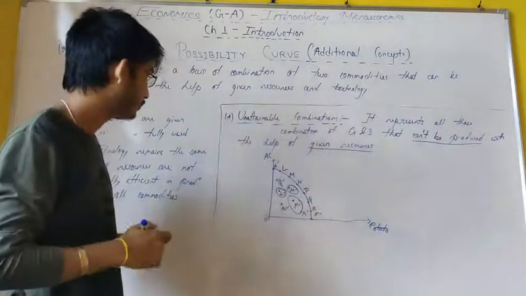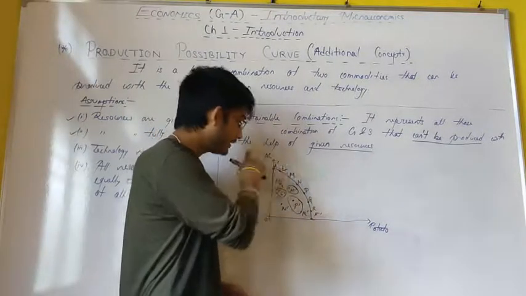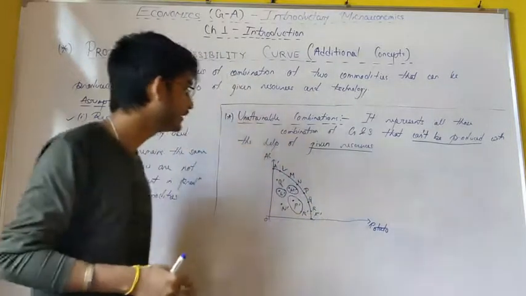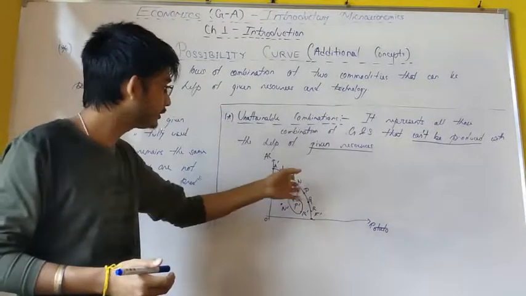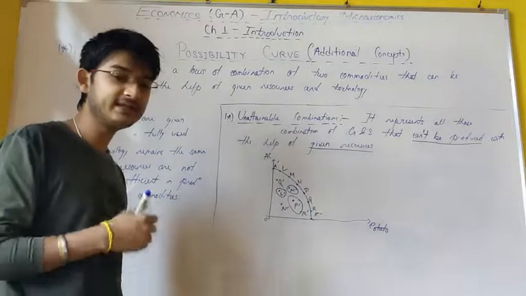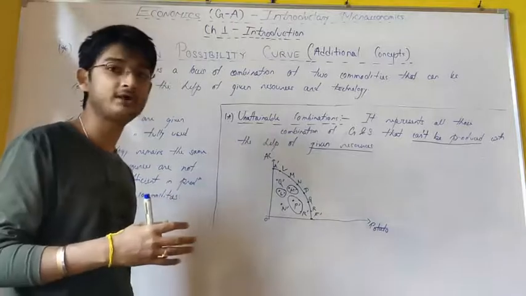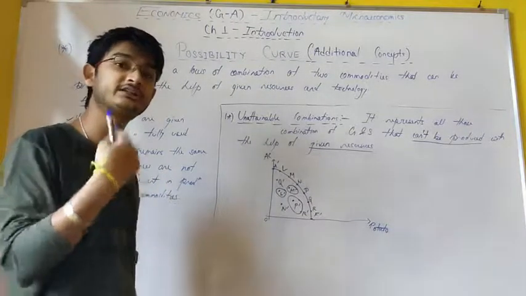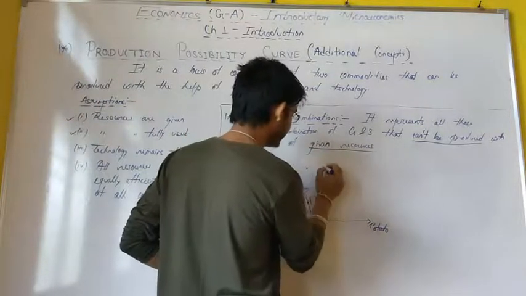So while we are producing, we basically want to produce on the PPC, like on these points L, M and P, Q and R that I explained just now. If we produce on these points, that means my resources are fully getting utilized and there is no chance for us to produce more and increase our production level further. Hence, if we want to produce at this point,